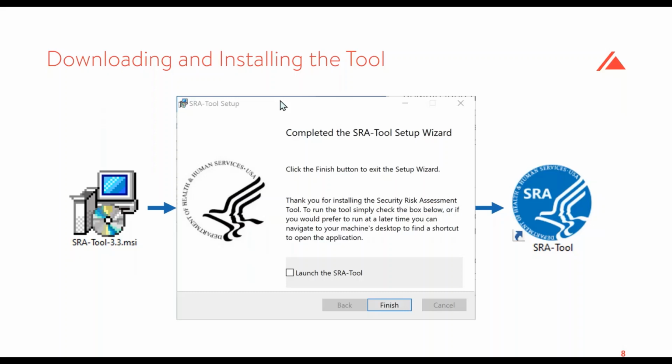So the SRA tool is an application that must be downloaded, installed, and run on your computer. Once you've downloaded the installer from healthit.gov, you'll need to open and run it. The installer should look something like the icon on the left when it's in your Downloads folder or on your desktop. Once you've run the installer, you'll have the option to launch the SRA tool right from the installer dialog,